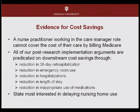So the evidence for cost savings we were supposed to comment on, I don't even think the nurse practitioner covers a third of her cost. In fact, the effort that it takes for her to bill is probably not even worth it because of the documentation that has to go on. She probably could have made another visit in that time. I mean, we do have situations, especially in Indiana, where the nurse practitioner can bill, but it's not going to cover her time. So all of our arguments after the research, after we show it works, have to do with